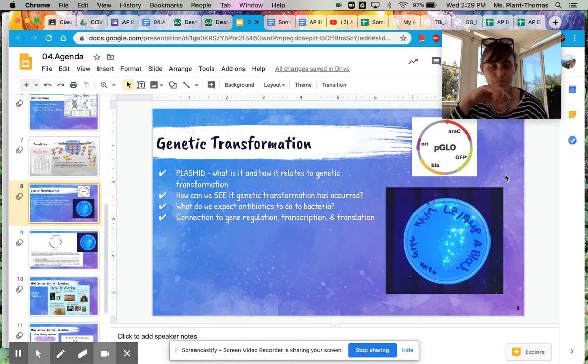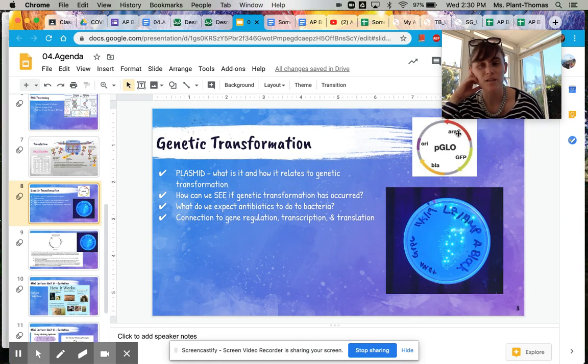One was that we had 2 different types of plasmids. One of them, if you got the DNA into the bacteria, should be able to make it glow right away. The other one only glowed when there was arabinose present. The reason for that is because there was a little bit of gene regulation going on, where the gene for glowing was only turned on when there was arabinose there. So if there wasn't arabinose, that gene wouldn't be turned on, which meant that the glowing protein wouldn't be